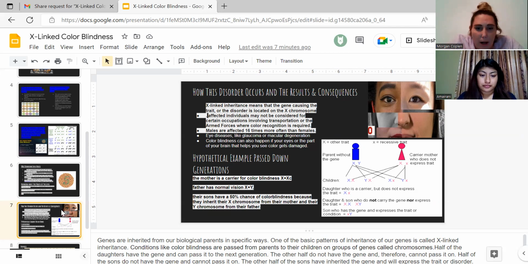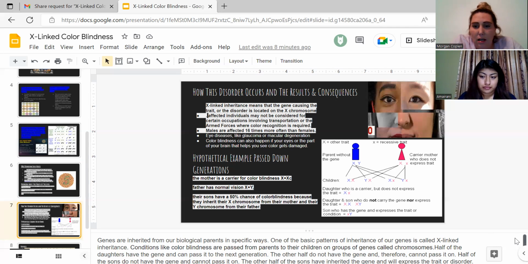Genes are inherited from our biological parents in specific ways. One of the basic patterns of inheritance of our genes is called X-linked inheritance. Conditions like color blindness are passed from parents to their children on groups of genes called chromosomes. Half of the daughters have the gene and can pass it to the next generation. The other half do not have the gene and therefore cannot pass it on. Half of the sons do not have the gene and cannot pass it on. The other half of the sons